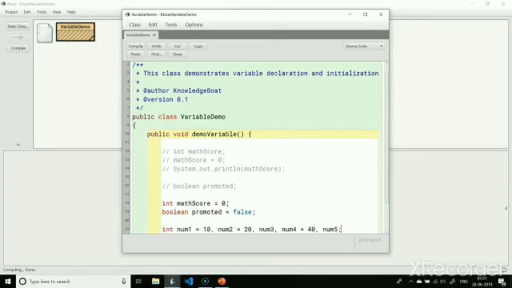Here, I have declared multiple variables of int data type on a single line. I have initialized some of them while others I have left uninitialized. Similarly, you can do it for variables of other types as well. I will show you examples for byte and double.